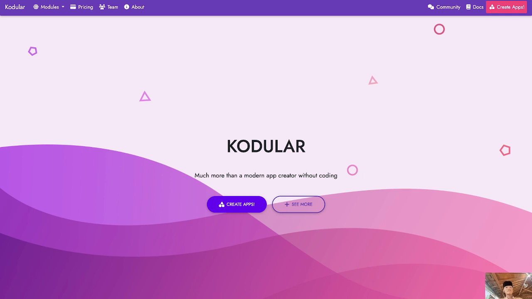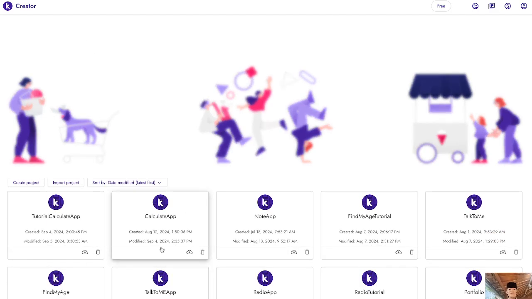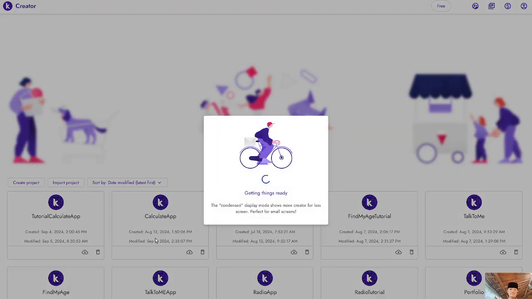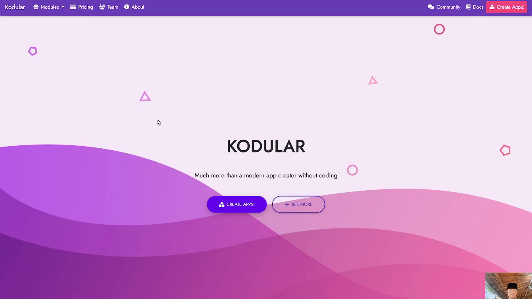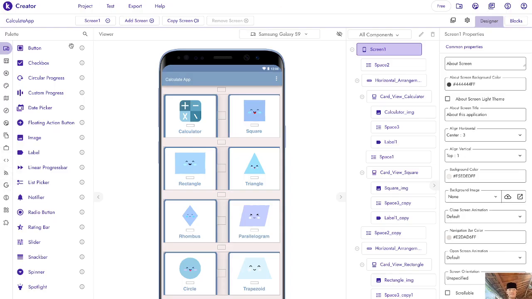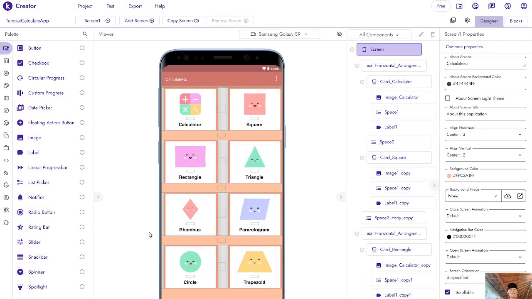So the first thing that you're going to do is open Codular, of course. And second thing, get started or create apps. Because we have created apps before, and it's going to be the second part here. So we have the apps here. So that's great. Oh, not this one. Wait, is it the tutorial one, right? This one. Okay. So this is going to be the apps here that we're going to continue.